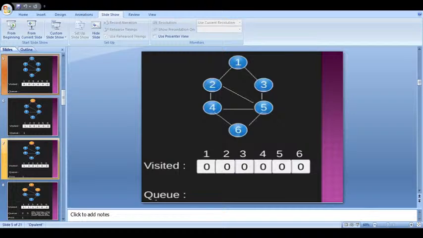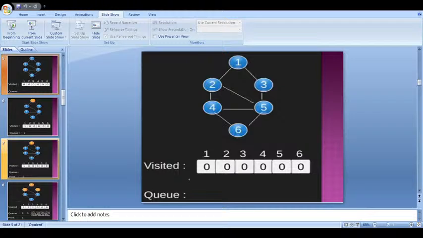So the next step is I need to again dequeue 4, because first in first out. So from 4, check what are the adjacent vertices. From 4 we have 3 adjacent vertices. One is 2, another one is 5, another one is 6. Now 2 and 5 are already visited because the status was 1. Now I currently have 6. So I updated the status of 6 from 0 to 1. Okay,